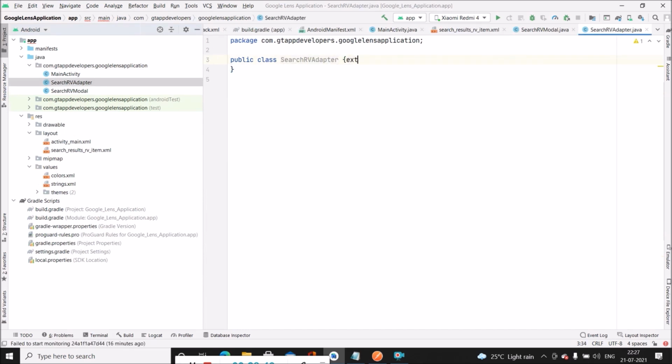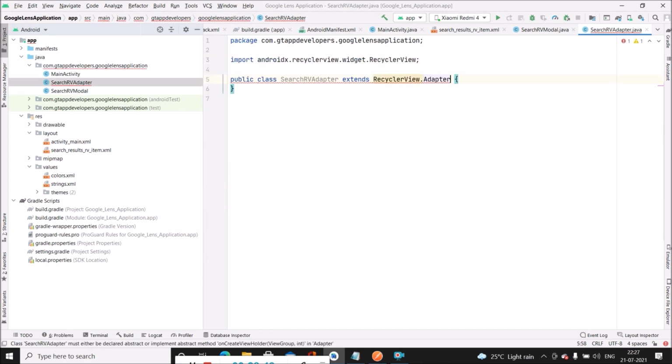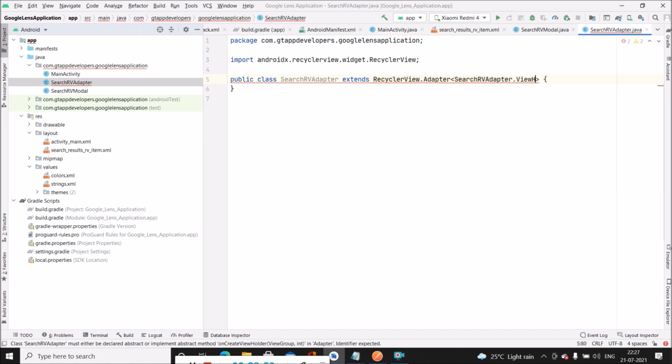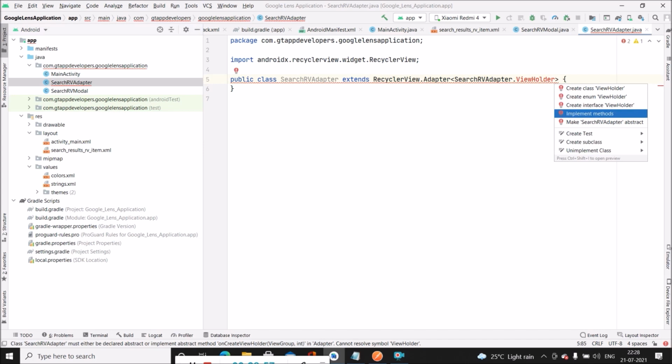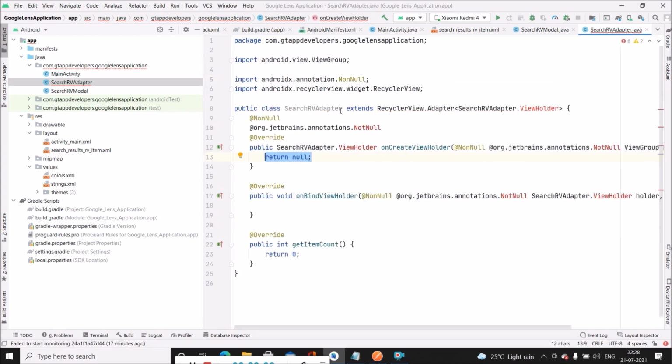and here we have to extend this RecyclerView.Adapter, and we have to specify the view holder. After that we have to implement methods. So for that we have to press alt enter, then the implement methods option, select all the methods and OK.